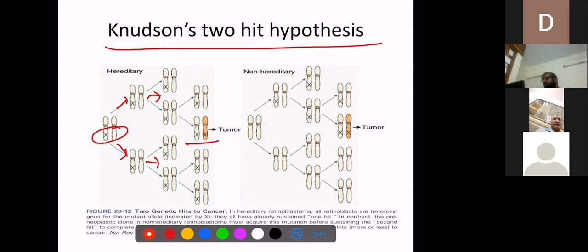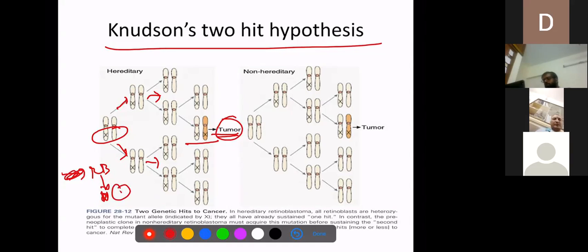They require a second hit due to an environmental factor. So just because the gene is present and it is heterozygous, it will not manifest the syndrome, or the cancer. Only when there is a second hit due to an environmental effect, that means a somatic mutation, then only the tumor is going to manifest. Otherwise, if there is not going to be a second hit, for example, if the retinoblastoma gene is inherited to the next generation,